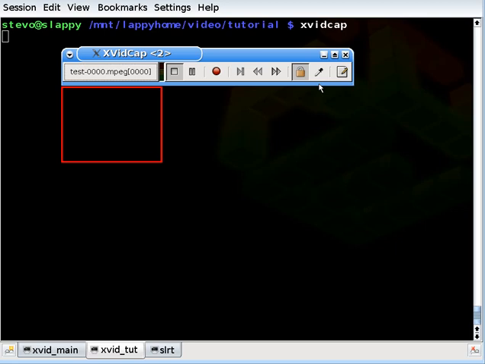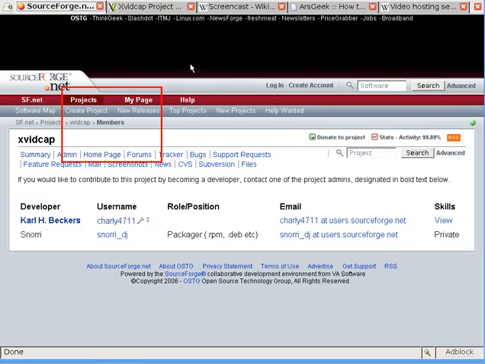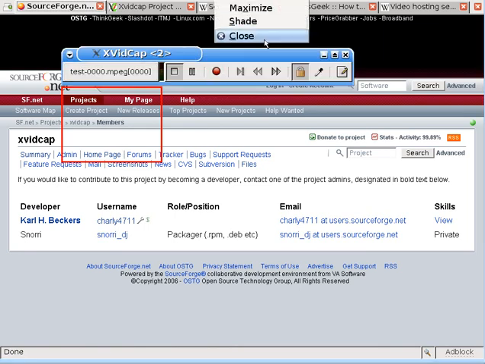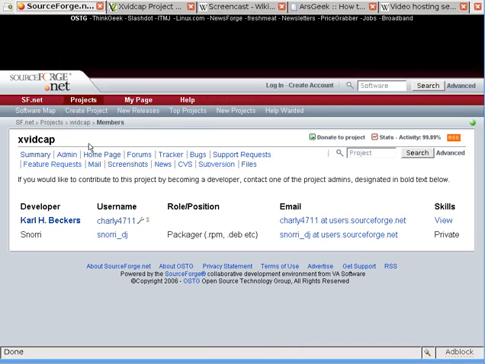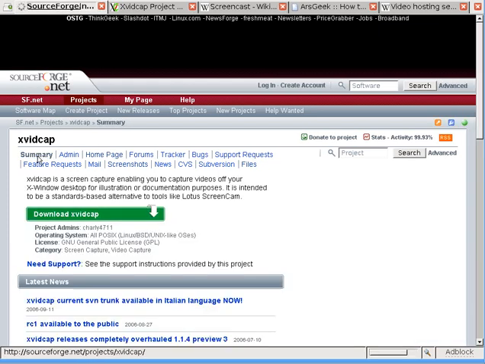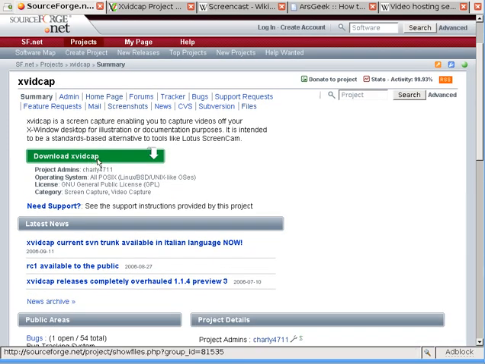Depending on what distribution you're running, you would install the package Xvidcap, which can be found on SourceForge. Ignore the red screen here. Let's close out Xvidcap for the time being. This is the developer page for Xvidcap. Head developer is Carl H. Beckers. And if we go to the summary page, and then we go to the download page,